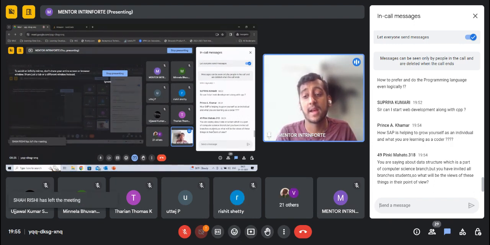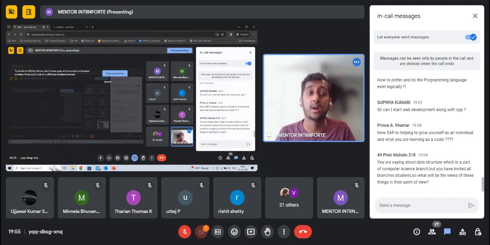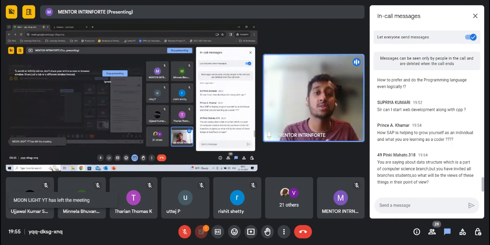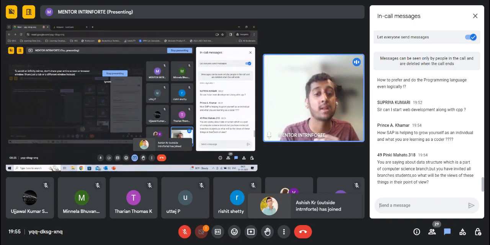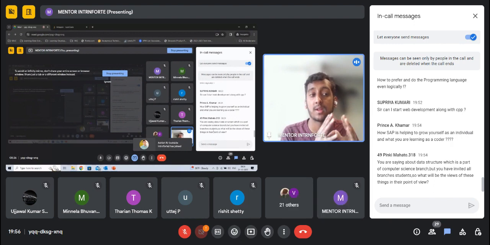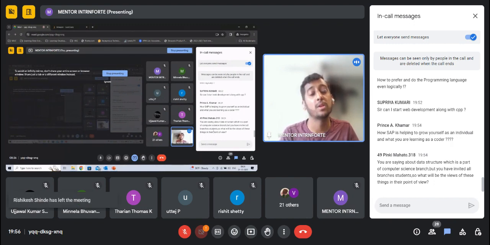Yes, so I would say, Pinky, that if you are someone, as I said, who is not from a computer science background, this session was meant to give you a glimpse into what it would be like, or how you can start off with learning about data structures, practicing problems on LeetCode, and how you can approach a problem. So it's meant to cater to people who are familiar with coding as well as people who are not.